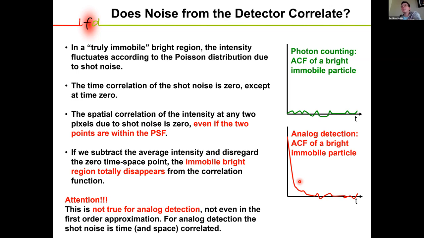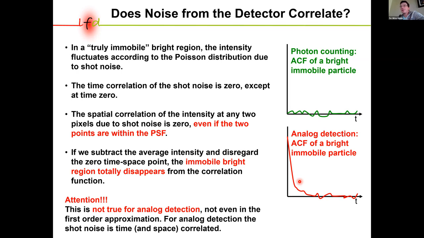So the spatial correlation of the intensity at any 2 pixels due to shot noise is 0, even if the 2 points are within the point spread function. So that's a positive. So we actually should not get correlation just from that. So the idea is, if we subtract the average intensity and disregard the 0 point, the immobile fraction should disappear